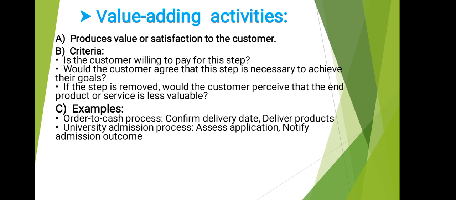So we need to add it, because if you do not add that step, the customer is not going to buy anything. This cash on delivery is just a random example. If we do not add this step, the person who is willing to pay when the parcel arrives, that is cash on delivery, would not order. If we remove that step, I don't think the customer is going to order and pay online. So this is the criteria.